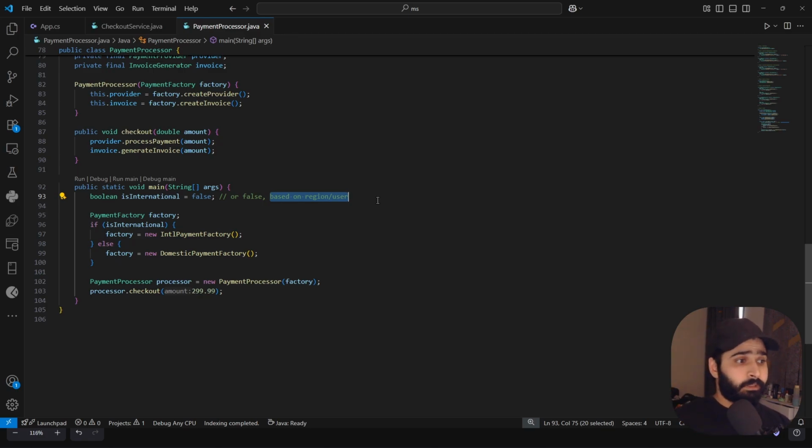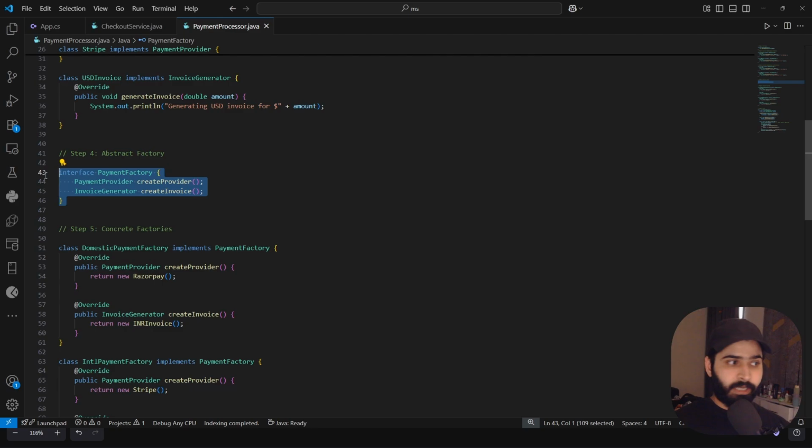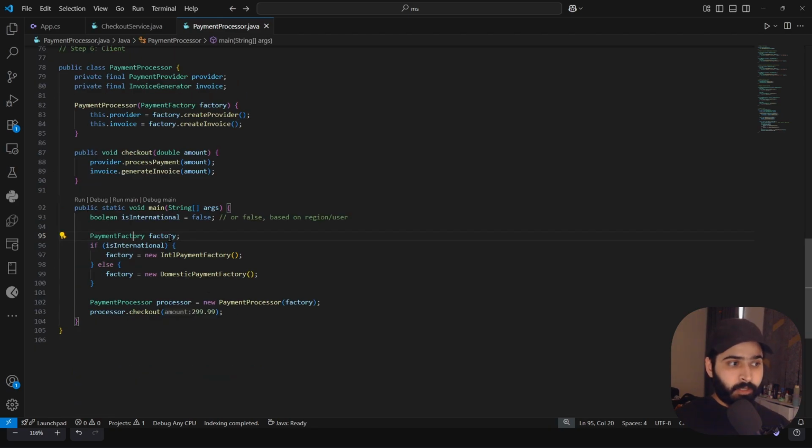Now we have the payment factory. What is the payment factory? Let me show you. Abstract factory. Cool. If the payment is international, which means the user is making a transaction from outside India, we have to use Stripe and USD invoice.